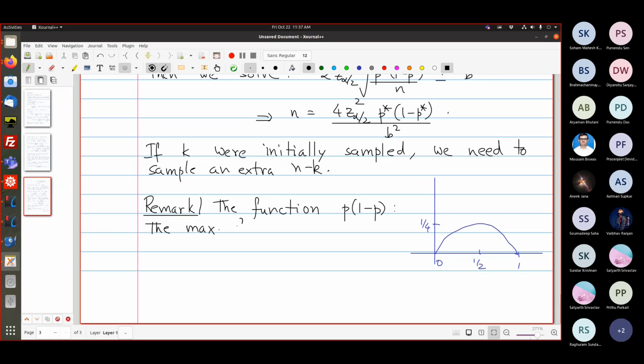for n is attained when p star is half, and n is always less than or equal to that. So this will give you a 1/4, that will cancel the 4, and so you will get a fairly simple formula: z alpha by 2 whole squared by b squared. Okay, and so